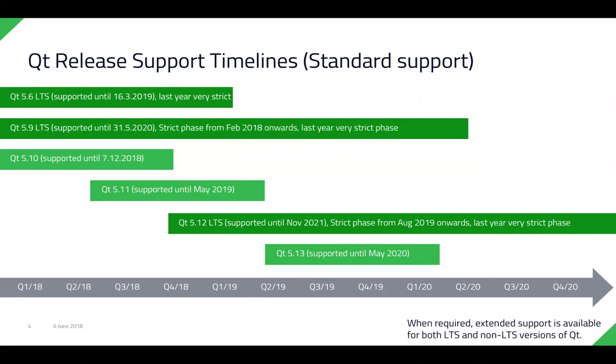5.10 is supported until December this year, and then 5.11, which was just released, will be supported until May 2019. And then our next LTS is going to be 5.12. It is planned to be released in November and is going to be supported for 3 years, which means until November 2021, again with similar strict and very strict phases as explained before. And then after 5.12, again a regular Qt release with a 1 year support cycle. So as you can see, every third release now that we have stabilized on Qt 5 is